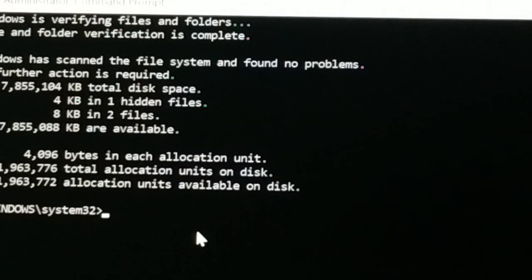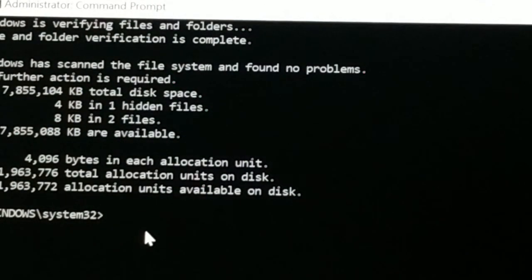Now if this step does not work, or if it does work, it's great. Proceed to the next step if you still have an issue with your SD card and your problem is not solved. The next step will be formatting the SD card with the help of command prompt. So you're going to type